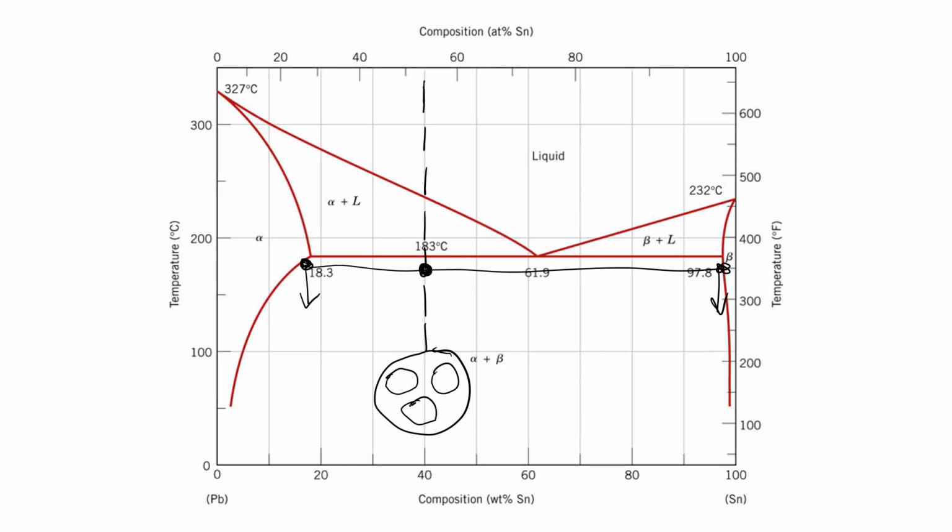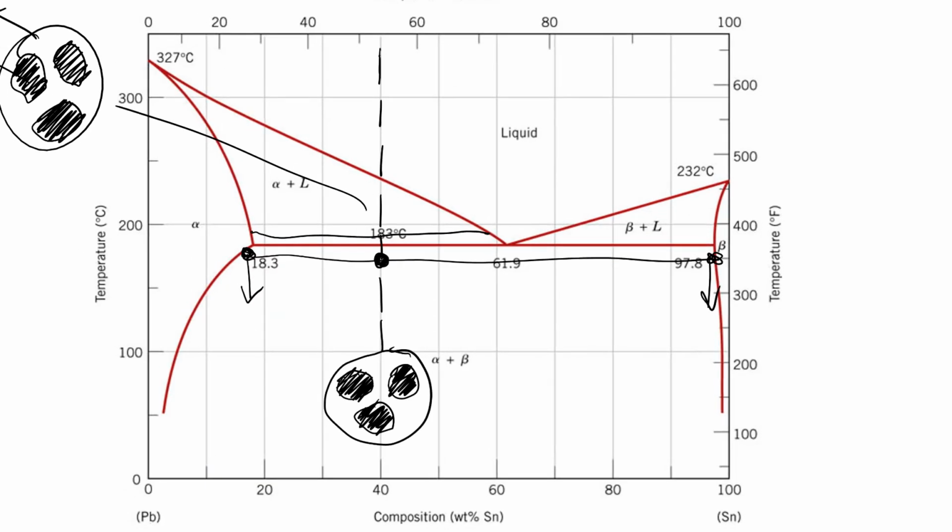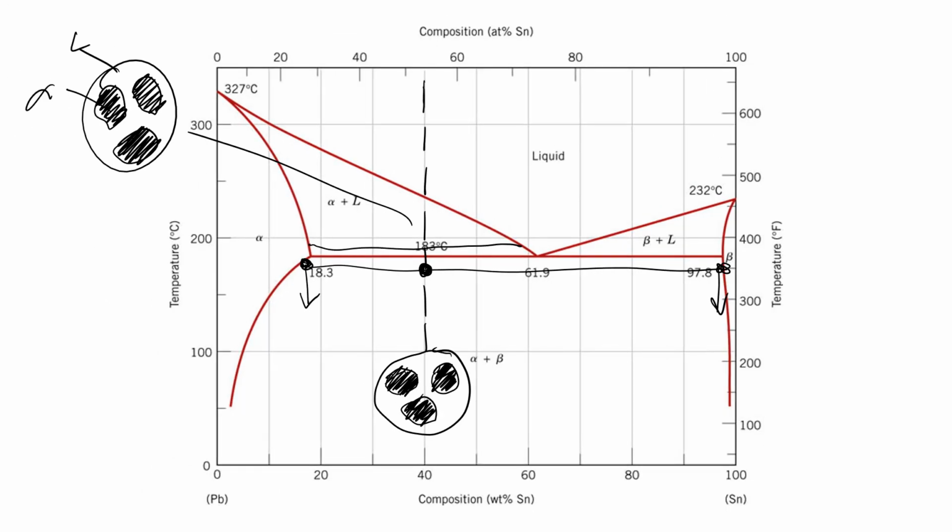proeutectic alpha. That's alpha that was around ahead of time. Remember we did the lever rule calculation right above, and it was half liquid and half alpha above. There's alpha, here's liquid. That's above the line. But below the line, we said that